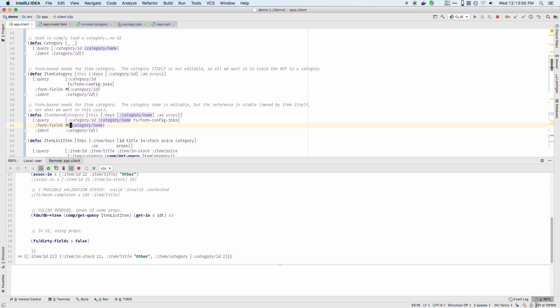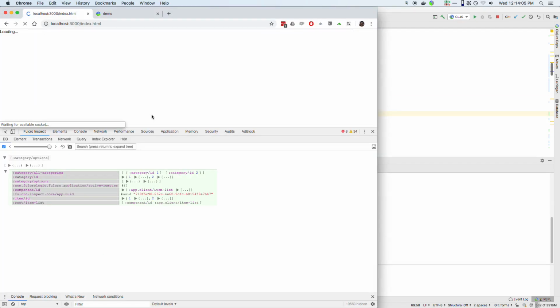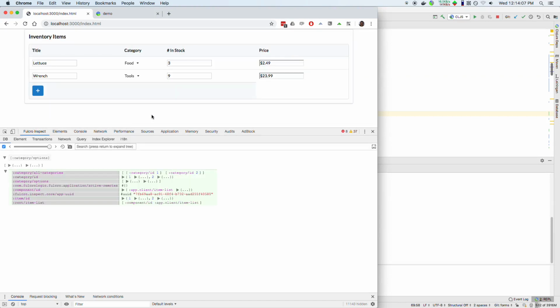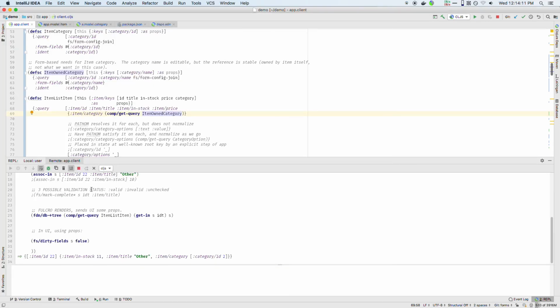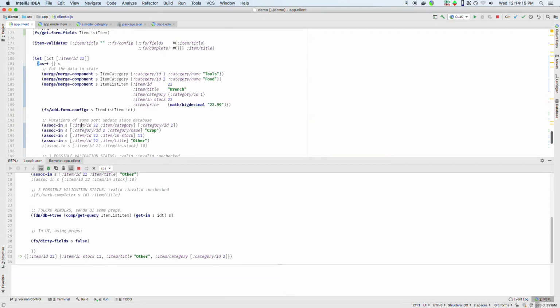So here I'm not changing which one it points to, I'm wanting to change the name of it. So if I changed this to item owned category, reloaded my UI, see I've got the same basic behavior here, but in terms of my state now, if I rerun this thing at the bottom,